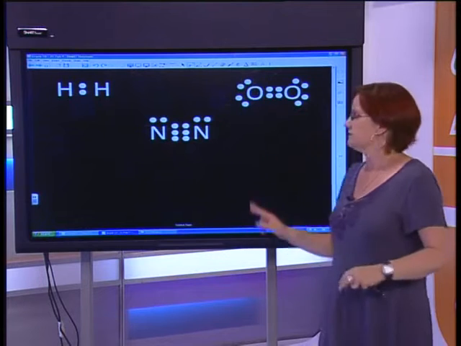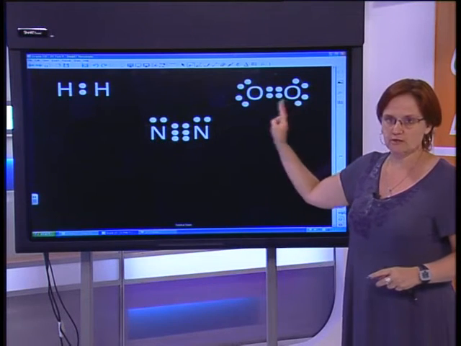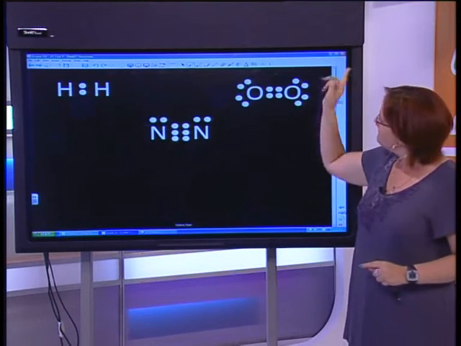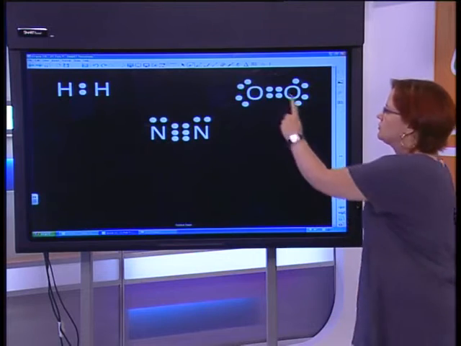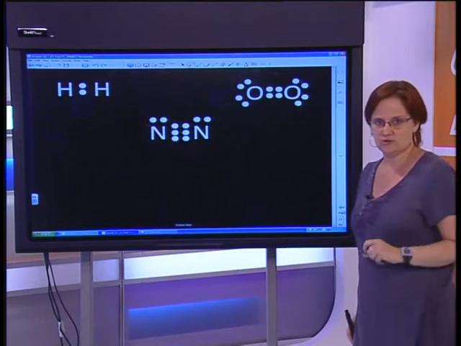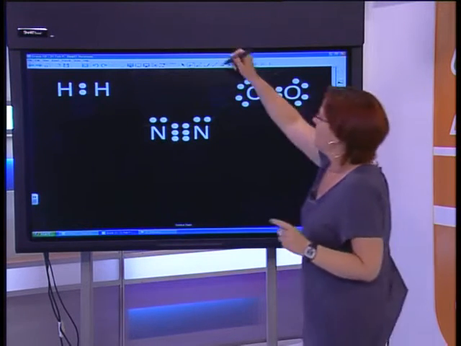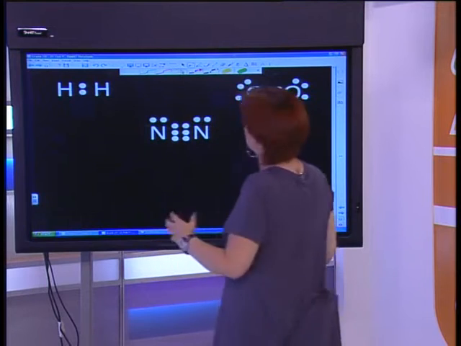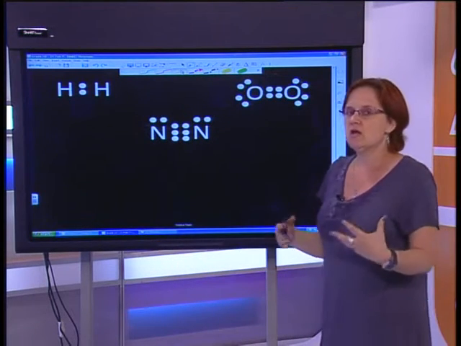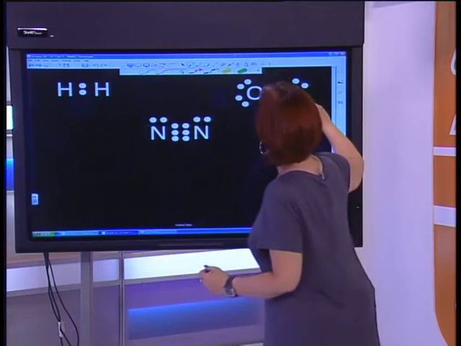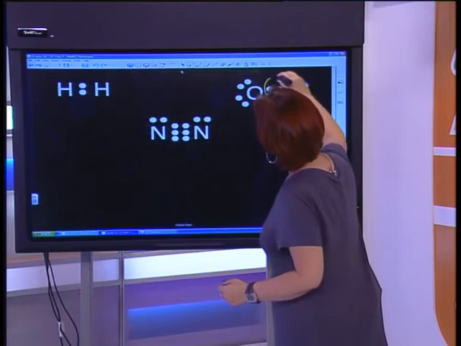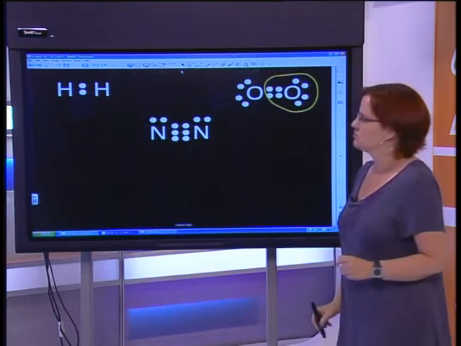It can make 2 bonds. That means it can make a double bond with itself. Please take very careful note of where I've put the other electrons. Also, I want you to see, now some teachers do this and there's nothing wrong with it, it's just a way for you to see, but we really shouldn't put this in our diagrams,